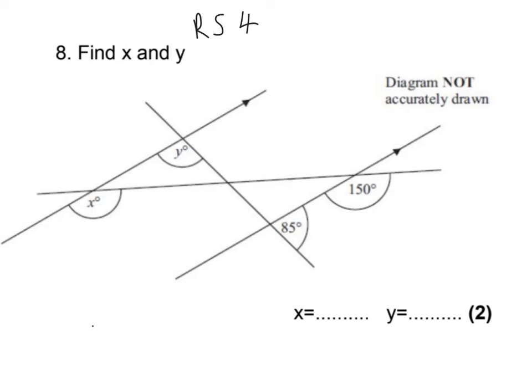Here we have to find x and y. If we first of all look at x and the size of it, it looks the same sort of size as 150, and that's no coincidence. If we trace out the angle 150 and then trace out the angle x,